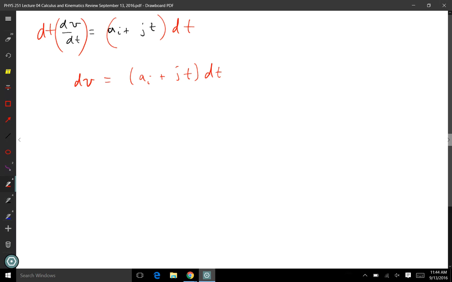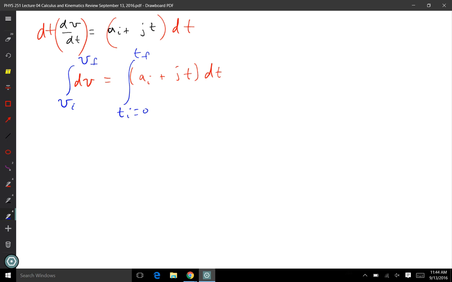once again, independent equations are equal to each other, so I can independently integrate them. Notice I could have let time initial not be 0, but we just always say, start your problem at time equals 0. It's going to take away terms from the derivation. And so doing these integrals, I now am going to have v final minus v initial is equal to a initial